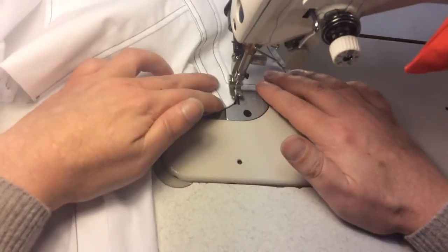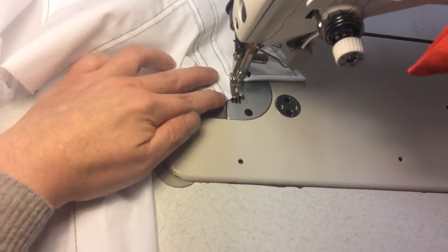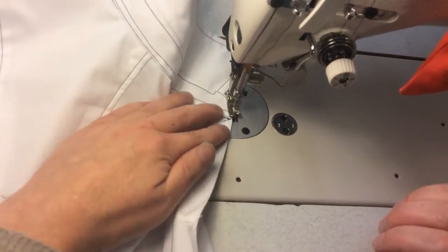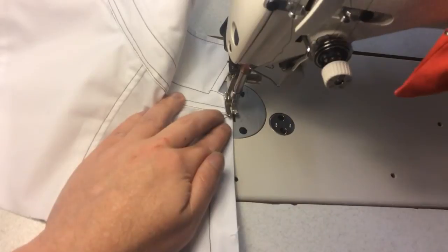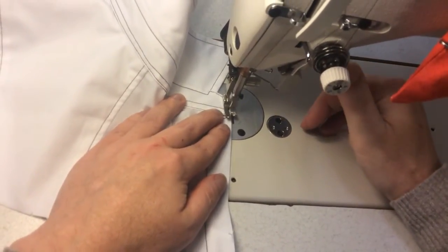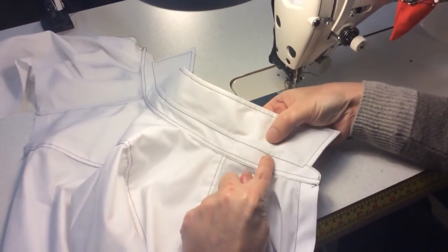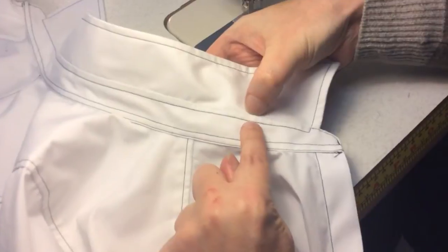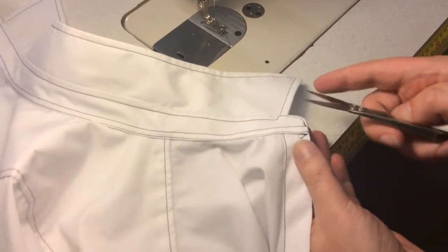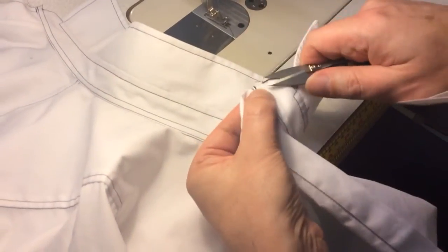And go slowly around this corner too, because it's quite easy to go off the edge. So just do 1 or 2 stitches at a time, manipulate it. And remember, we're just going to stop stitching when we reach that line there. Okay, and so that row of stitching just holds that little 6mm seam allowance in place inside there. Okay, and then just trim off your loose threads on the back there,